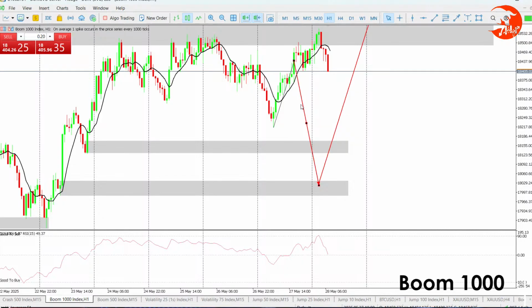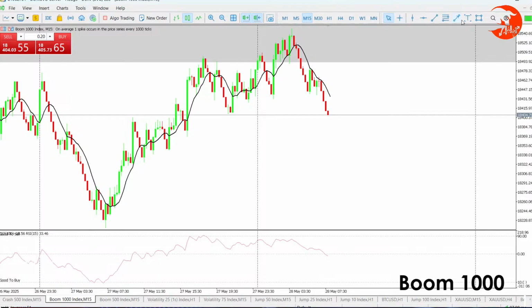So delete this, first delete everything right here to have a clear chart. Go to M15, look at what is happening. We are left with about 9 minutes. In 9 minutes, price may come to this level, and probably we will see a spike, and that means we will have started a new H4 candle. So my anticipation is get back up there in the next H4, and then we get again into sales to